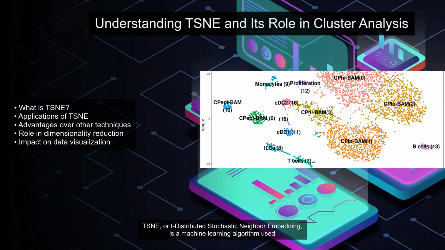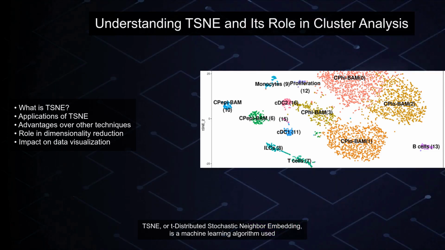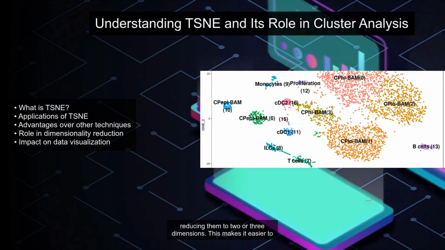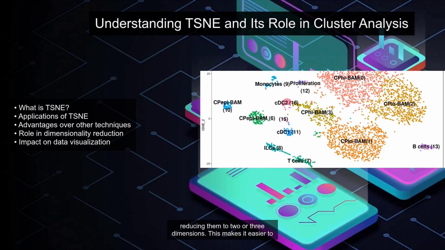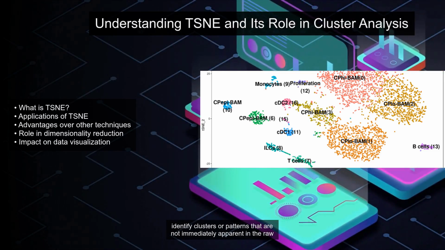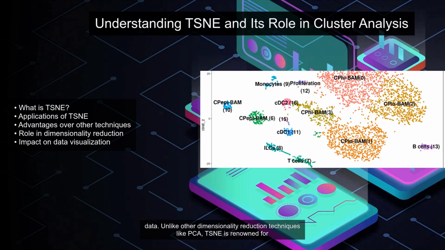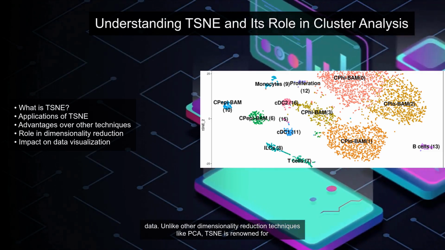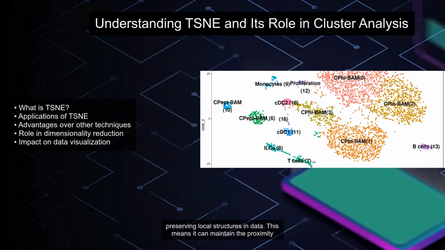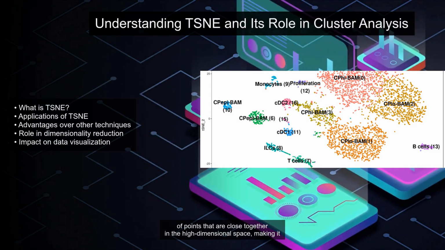TSNE, or T-distributed stochastic neighbor embedding, is a machine learning algorithm used for dimensionality reduction. It is particularly effective for visualizing high-dimensional datasets by reducing them to 2 or 3 dimensions. This makes it easier to identify clusters or patterns that are not immediately apparent in the raw data. Unlike other dimensionality reduction techniques like PCA, TSNE is renowned for preserving local structures in data. This means it can maintain the proximity of points that are close together in the high-dimensional space, making it ideal